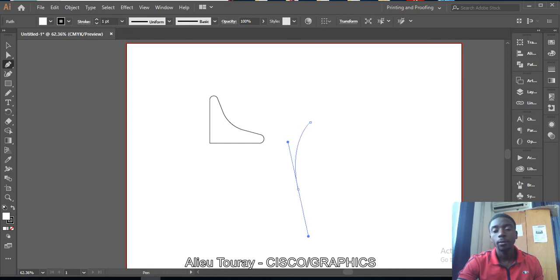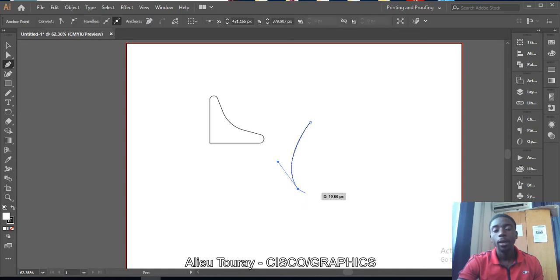So you click back here, make something like this. So you can see how I'm using the pen. So you just click and drag your hand. So you can see if I move my hand that side, it goes. So you have to make sure that you position your hand properly, and then you do something like this. Click back here if you don't want problems. You have to click back here, because if you continue, it will not give you the shape you want. So I'll click back here and then click right here. Give that shape here,